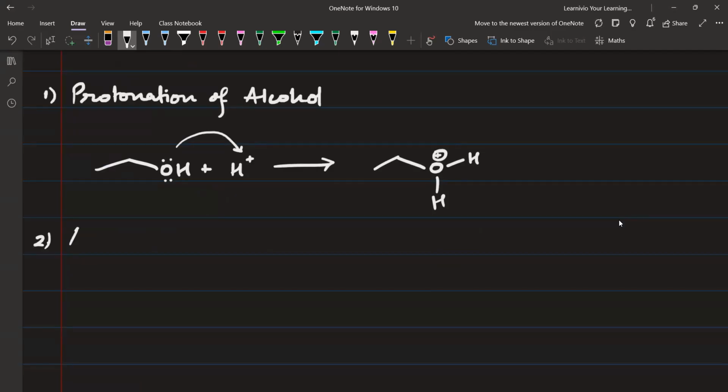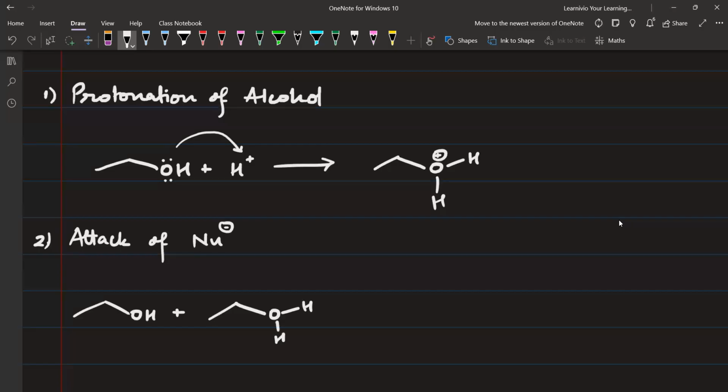There is the attack of nucleophile. So what is the nucleophile right now? The nucleophile is again the same alcohol. So this alcohol is going to attack the protonated alcohol like this. This oxygen atom will have a positive charge. Now you can see that the lone pair on the oxygen atom is going to attack